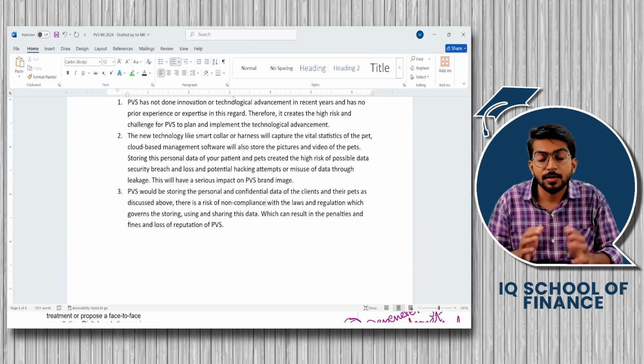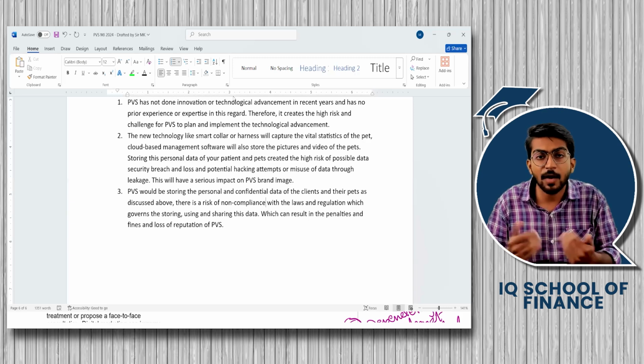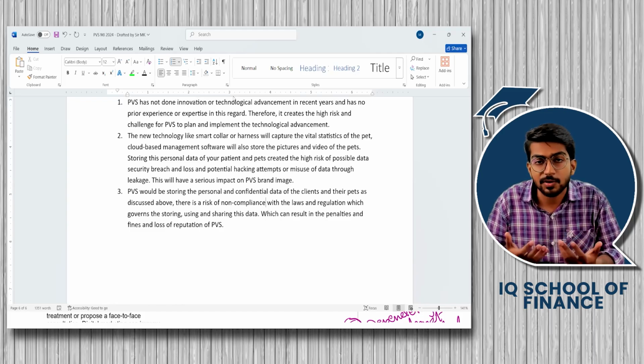In your point, things are coming from data security, data breach, unauthorized access, legal fine, penalties, reputation, trust, everything is just mixed up. So now when the examiner reads it, he doesn't get what you are trying to say, what your objective is